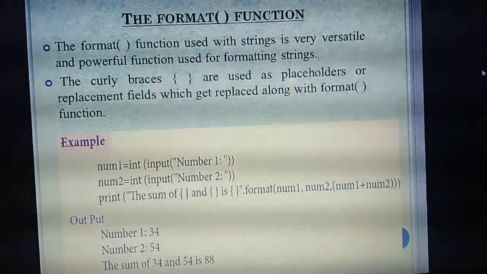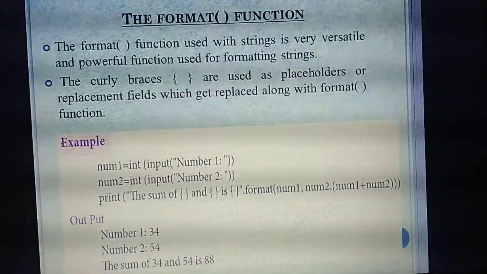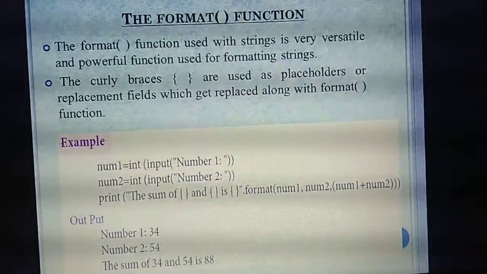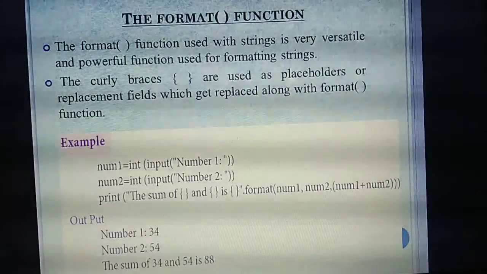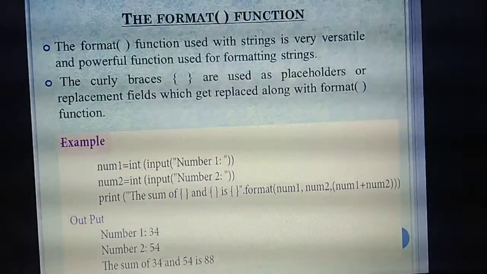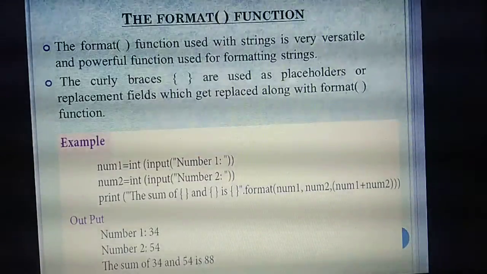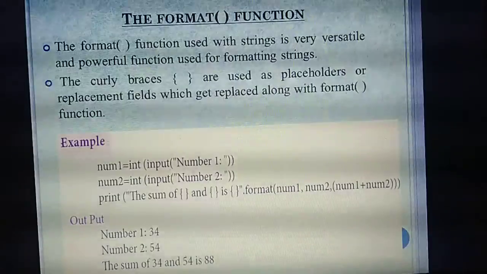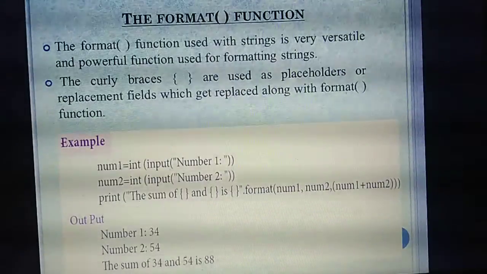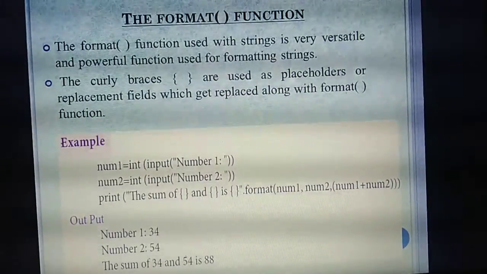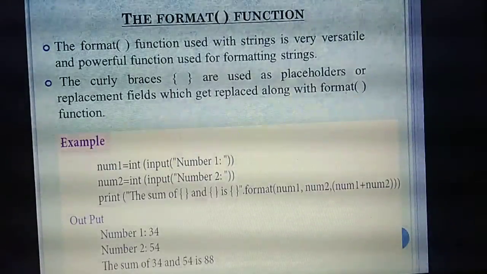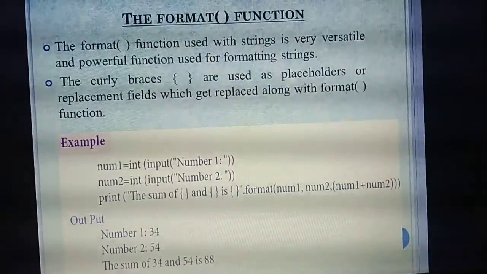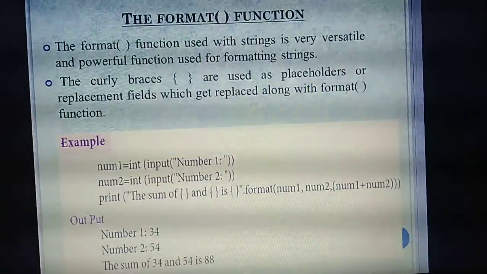So next we are going to study the format function. Okay, a very important question. Format function. In this chapter, each heading, each title, they will use some symbols for each and everything. Format function, some symbol. Then backslash means some symbol. Likewise, the string operators, concatenation, a separate symbol. So each and everything has separate symbols. That's very important. Surely they will ask one-mark questions from this: which symbol is used for concatenation and which symbol is used for the format function. So you should be thorough with all the symbols.